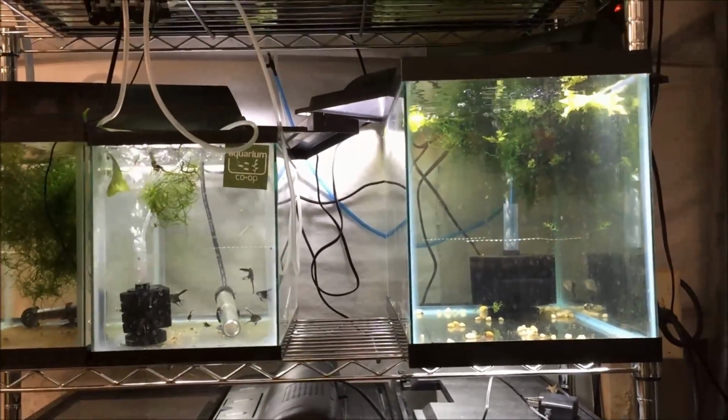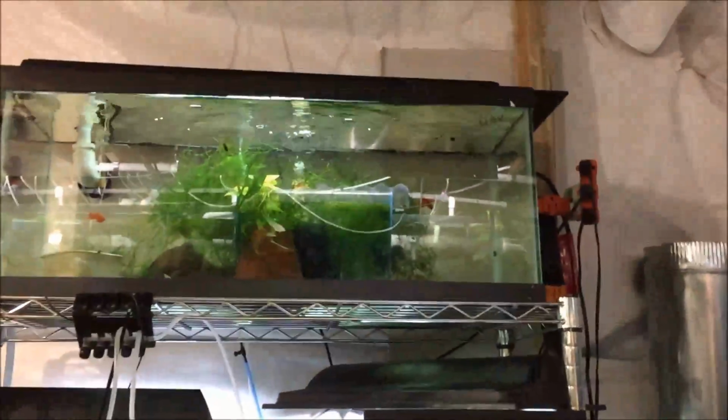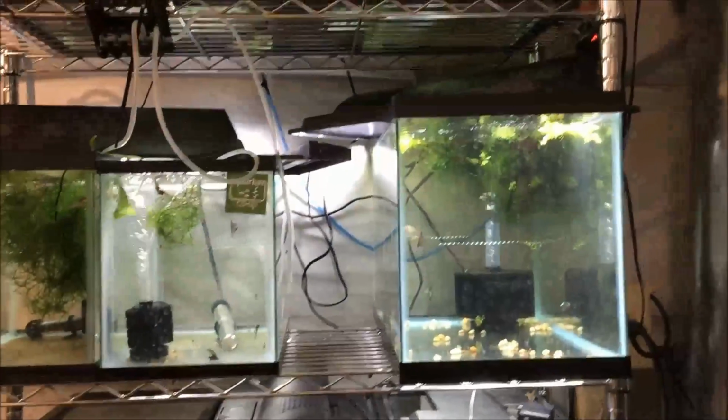Plans. I gotta think about this because the plan for this rack is move that 20. Not sure where I'm gonna put it yet, but put 4 5.5 gallons up top, 3 10s and 3 10s. I just bought